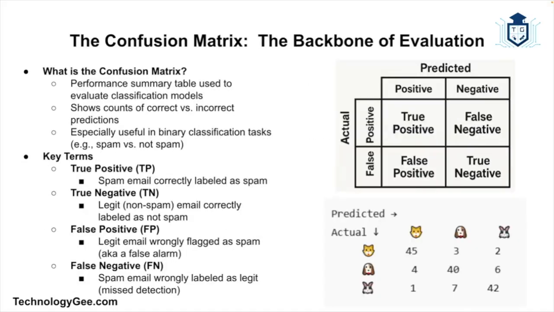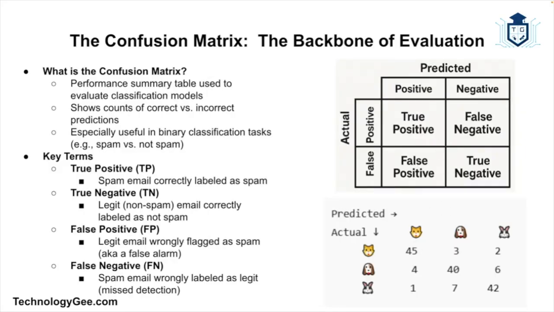Before we get into specific metrics, let's start with the confusion matrix because it's the foundation for understanding everything else. So, exactly what is this thing? Well, the confusion matrix is a table that shows how many times your model made correct and incorrect predictions. It's especially useful for binary classifications like yes or no predictions. So let's say that you're building a spam filter. You feed it a bunch of emails and it classifies each as either spam or not spam. Well, here's what a confusion matrix actually looks like right here on your screen.